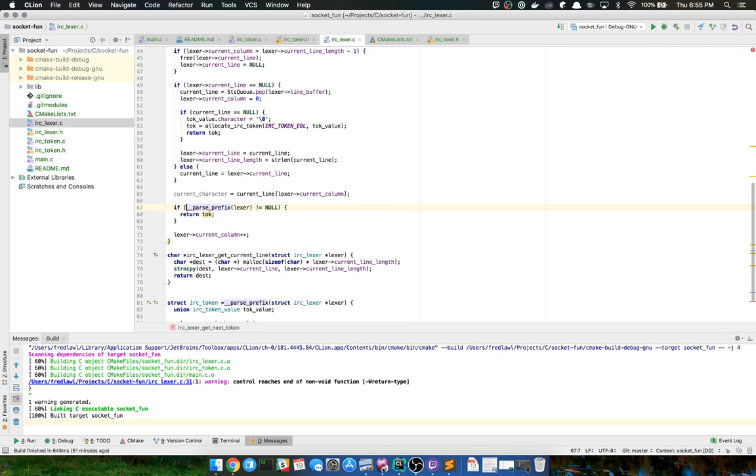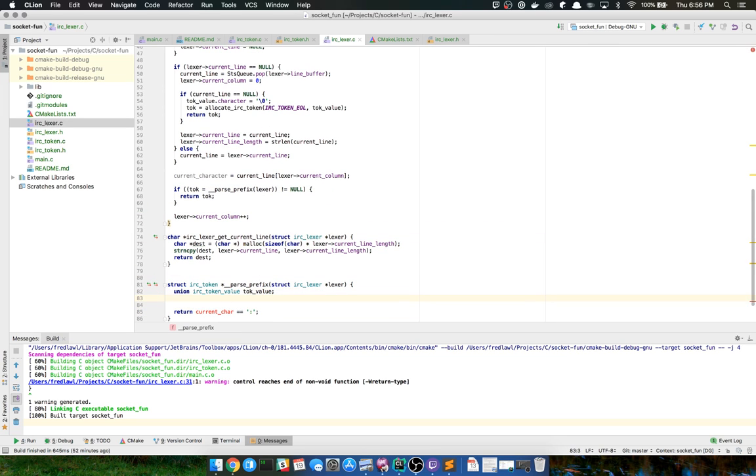And then what I'm going to do is say toke equal that, and if it's not equal to null, then we're going to return it. So I probably don't even need this current character business. I might eventually, like I might have other parse functions that operate on a current character, so I'll leave that in there for now.